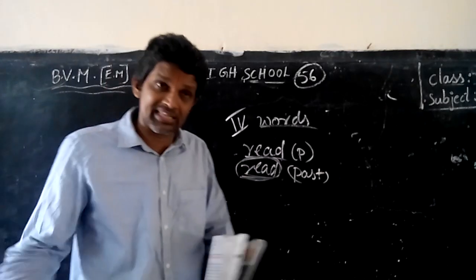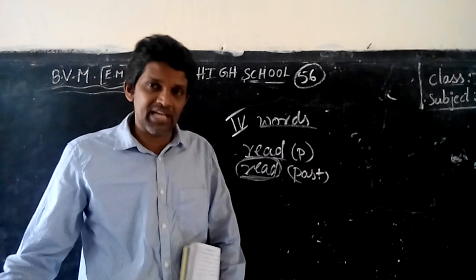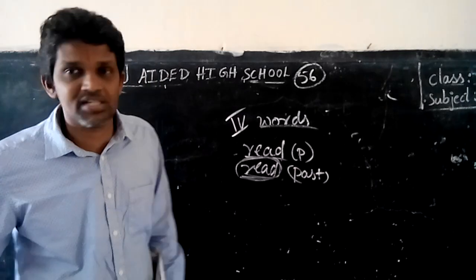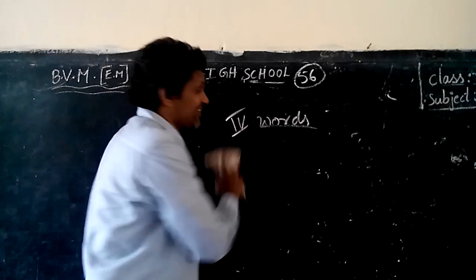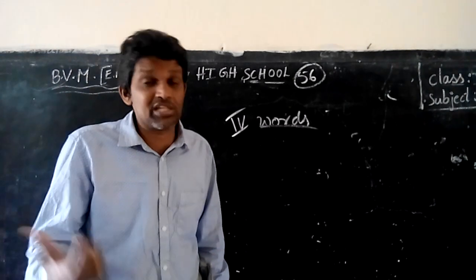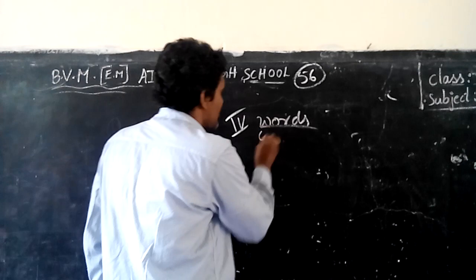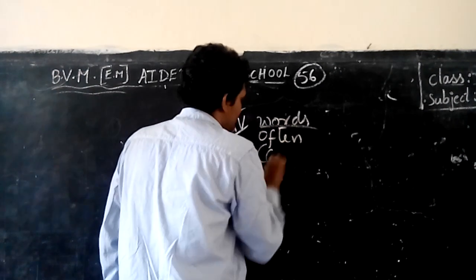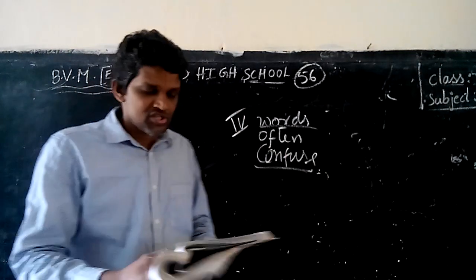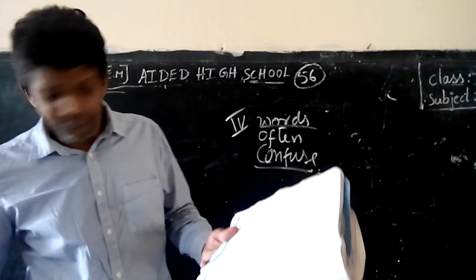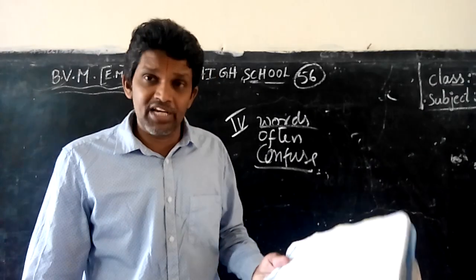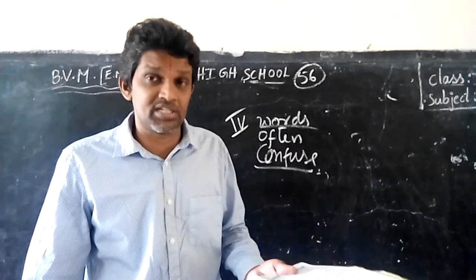The same way, the sun rises in the east. Okay, so these are all the confusing words we use in English language. There are certain words which are pronounced alike, but their meanings are different. So we call them words often confused. Words often confused. So some words are given here in your textbook for our understanding purpose, but in English there are thousands and thousands of words such that.